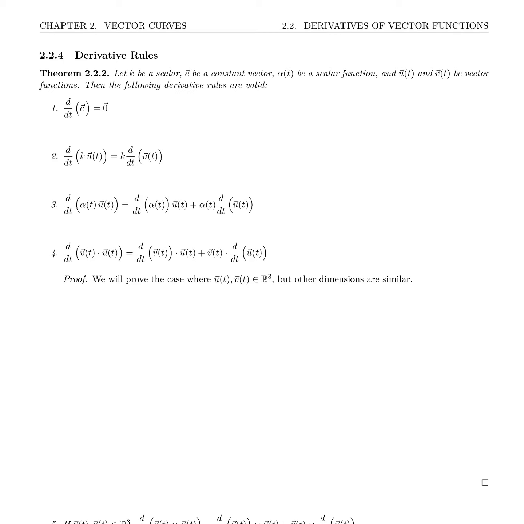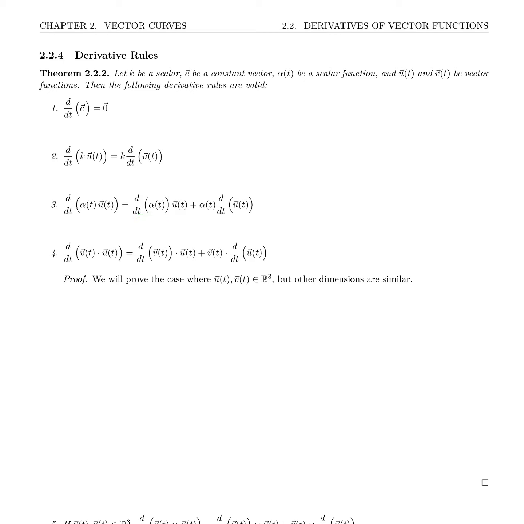We're going to prove one of them, we'll prove number 4, you'll do another one on one of your assignments, and then we'll take the others as given. So the derivative of a constant vector gives the 0 vector. If we have a constant multiple of a vector function, then we can pull out that constant k. If we have a scalar function times a vector function, then we have a product rule of the scalar. So we've got the derivative of the scalar times the vector